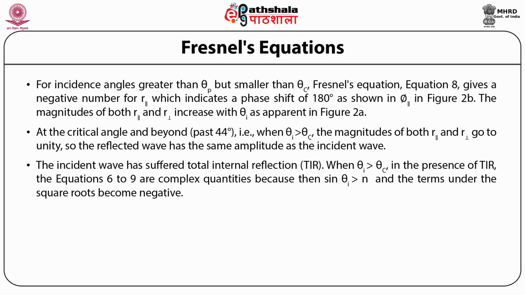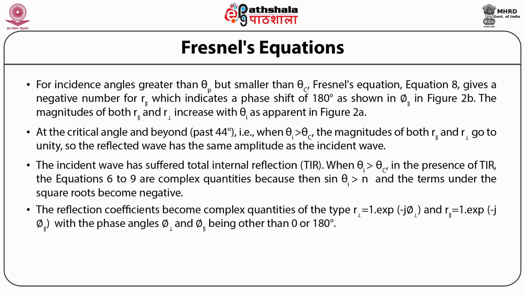When theta i is greater than theta c, in the presence of total internal reflection, equations 6 to 9 are complex quantities, because then sin theta is greater than n and the terms under the square roots become negative. The reflection coefficients become complex quantities of the type r perpendicular equals 1 exponential of minus j phi perpendicular, and r parallel equals 1